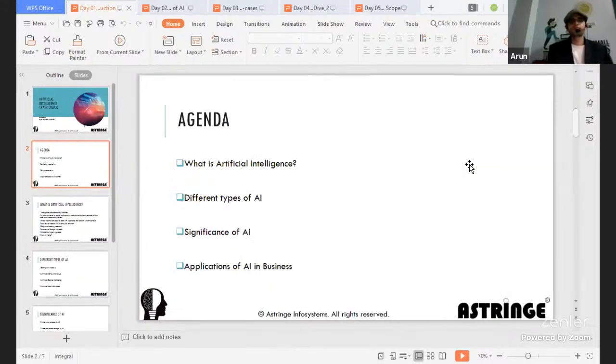Okay, so what is artificial intelligence according to you? So what is artificial intelligence? People have asked me over and over again. What people do not understand is that artificial intelligence is not something which is rocket science. Artificial intelligence has been present in today's world for the past 60 to 70 years. At least 60 years before, artificial intelligence was there, not just in movies, but in reality as well.